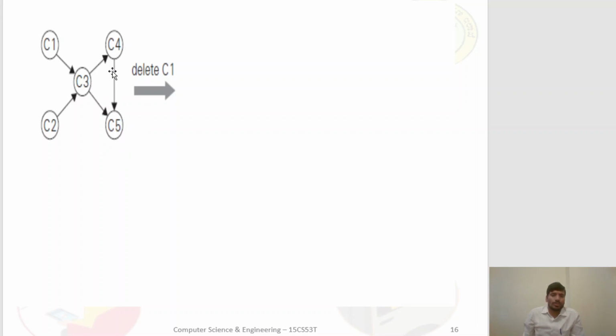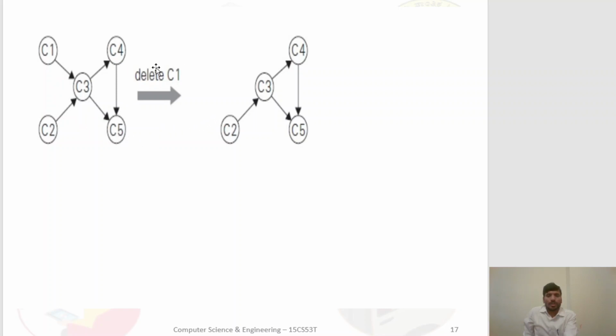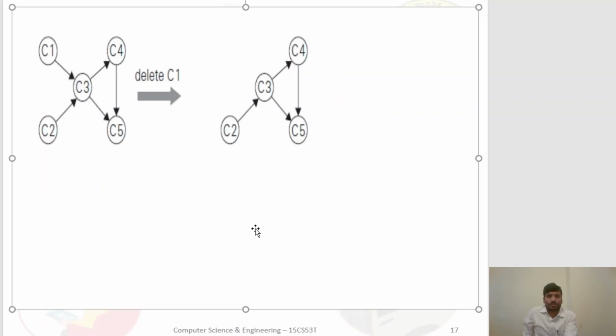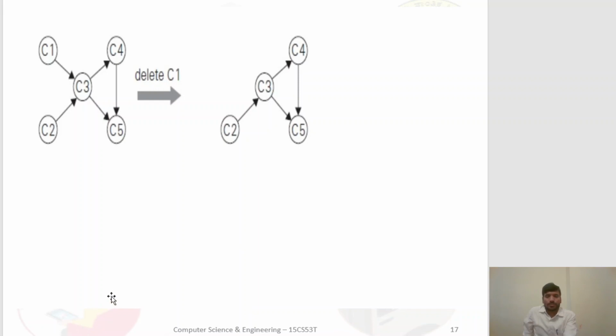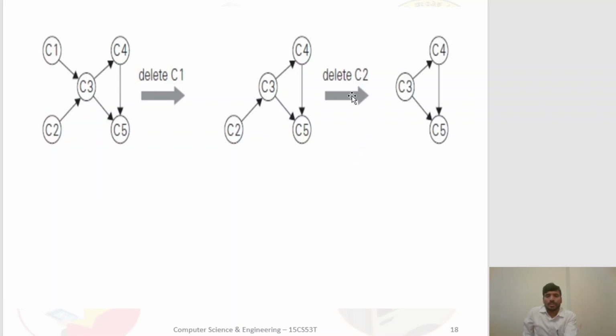Where U comes before the V. Hence to achieve that goal, first what we have to do, we should remove C1, delete C1. After deleting C1, the directed acyclic graph will become like this. So here again remove C2, the next ordering vertex. Hence after deleting C2, now the graph will be C3, C4, C5,